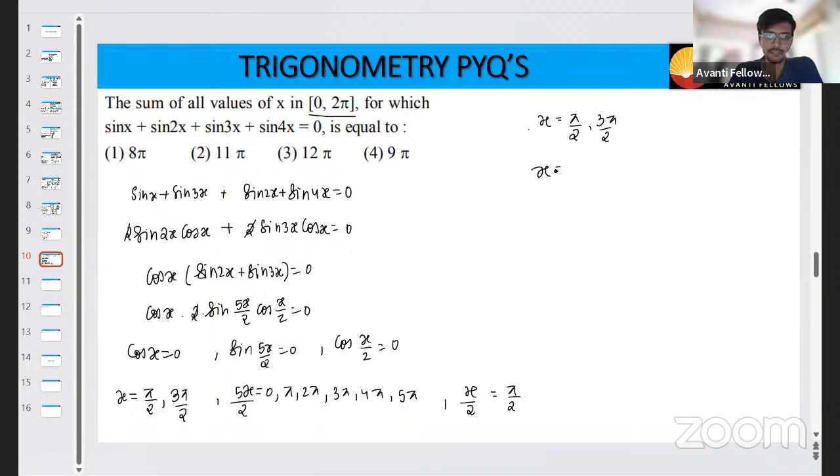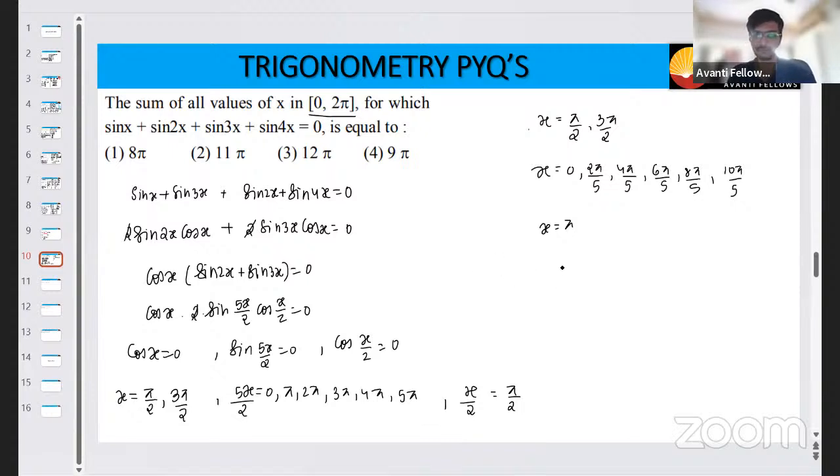Then from here we got 0, 2 pi by 5, 4 pi by 5, 6 pi by 5, 8 pi by 5, and 10 pi by 5. And from here we got x as 5. The sum of all values. If we add them,